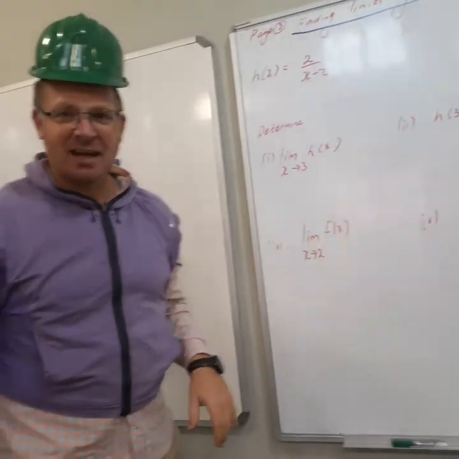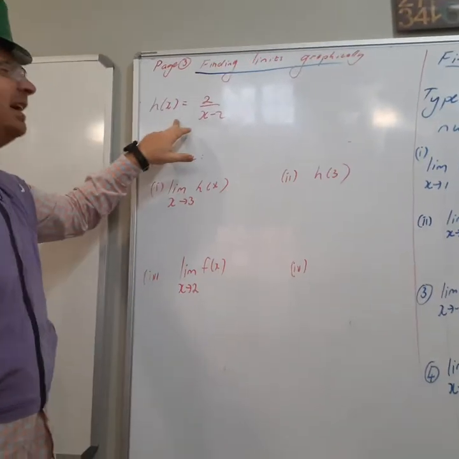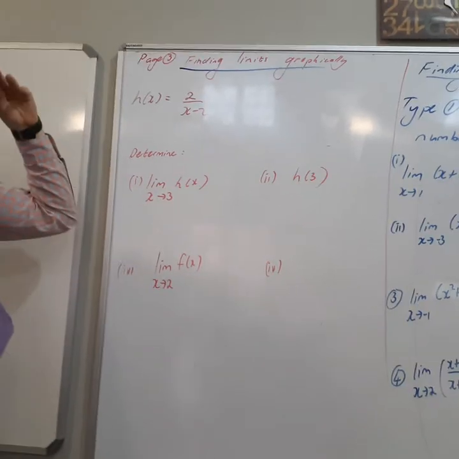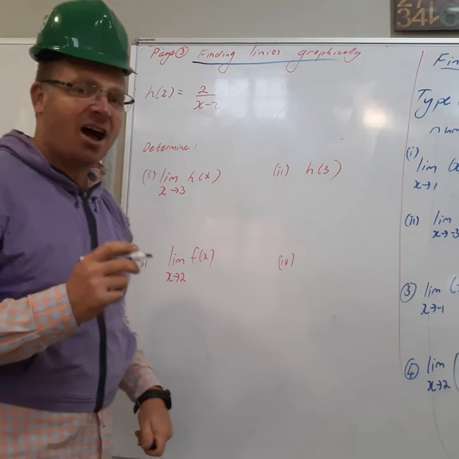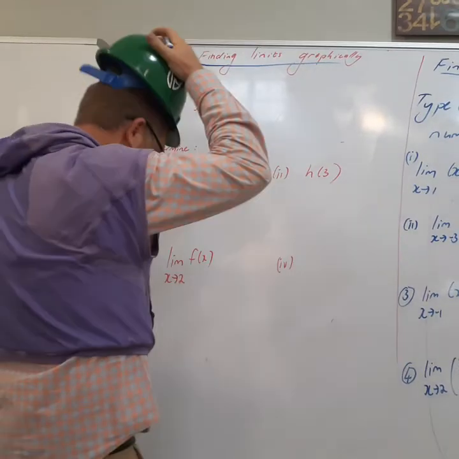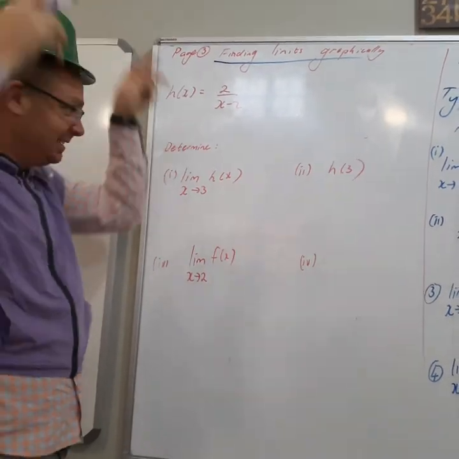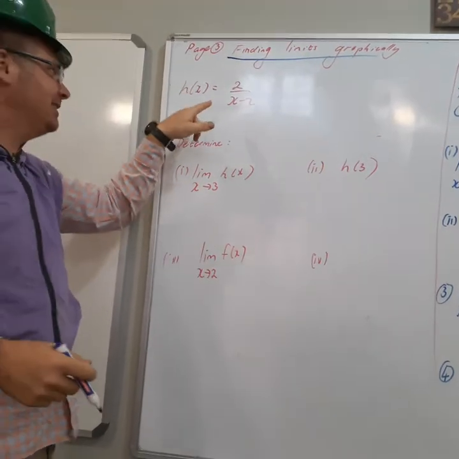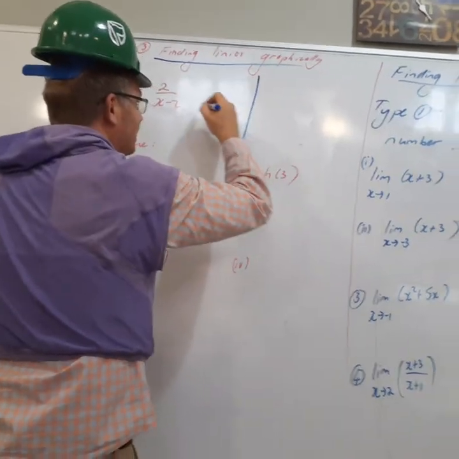Right, we're still carrying on with finding limits graphically. So I gave you a function, h of x is equal to 2 over x minus 2. And all of you at this point want to say, oh, we know what that is. That is a hyperbola. And it's a hyperbola with a vertical asymptote where? At x is equal to 2. So roughly speaking, we've got a hyperbola